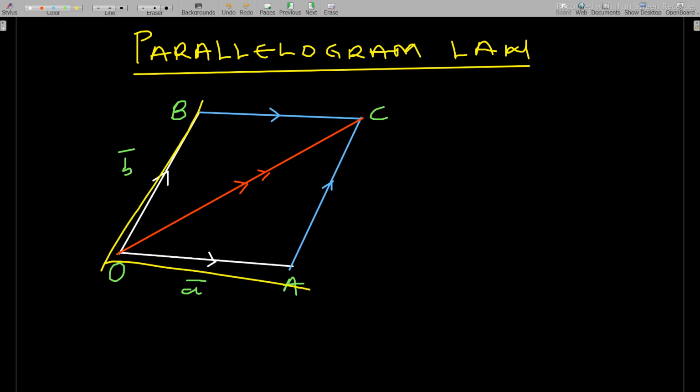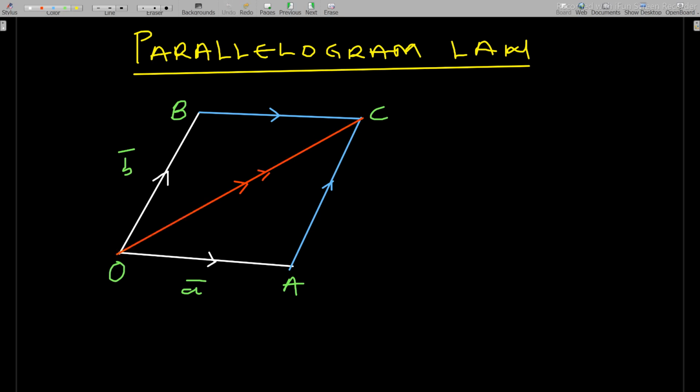Okay, now with this, if I want to find their resultant or their final vector, then it will be the adjacent line, the diagonal drawn from their common point. That is how the law states. So if I want to find this diagonal, then you can see that if I draw a parallel line